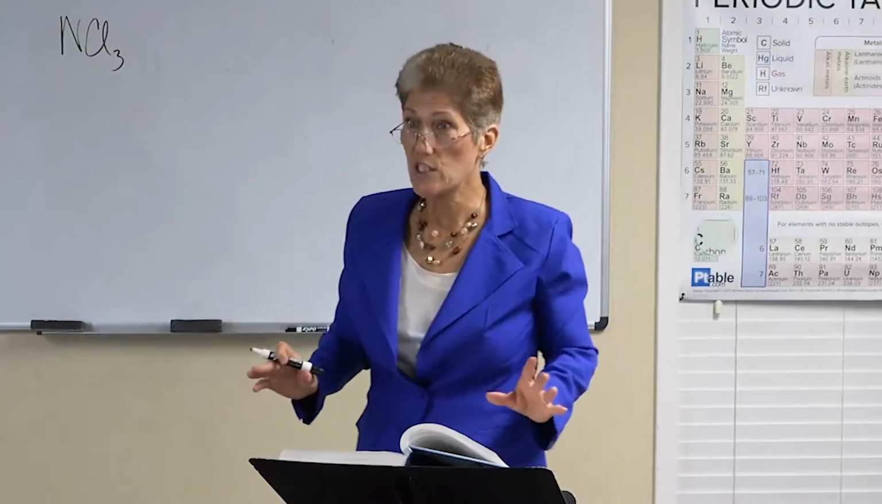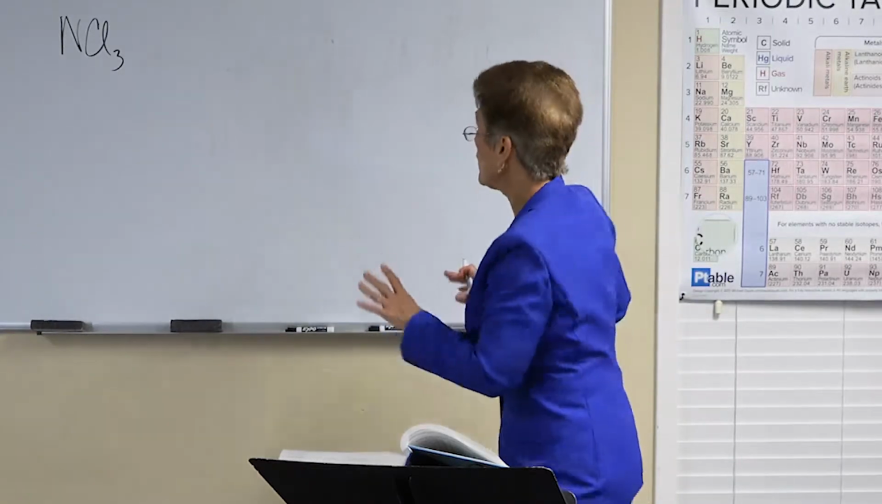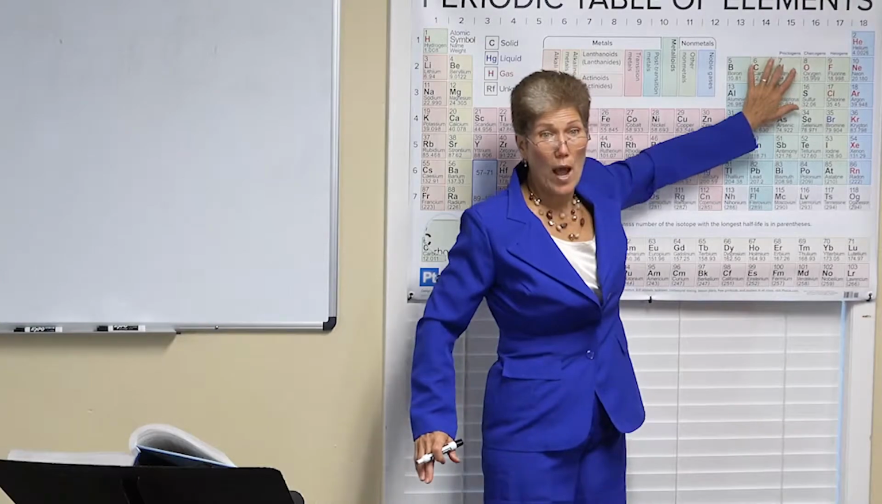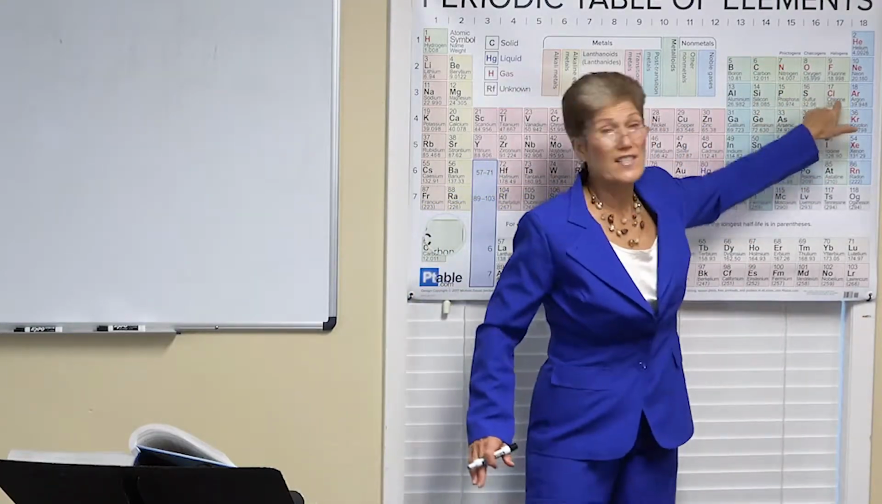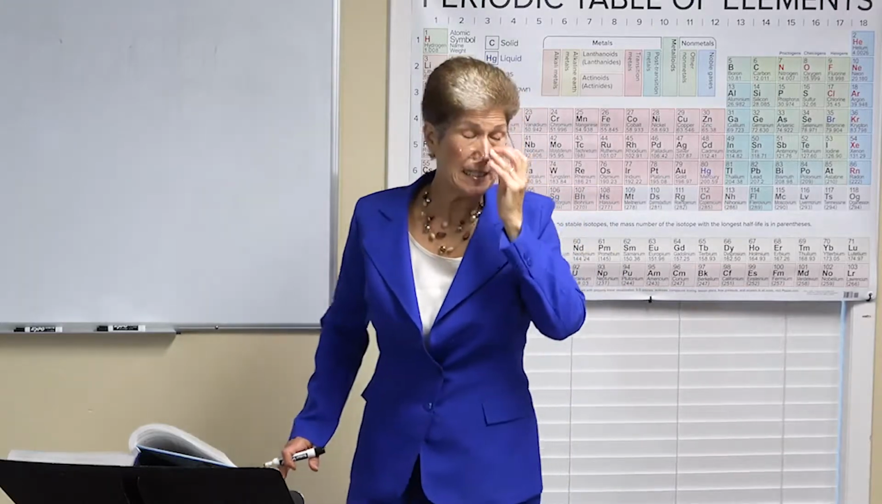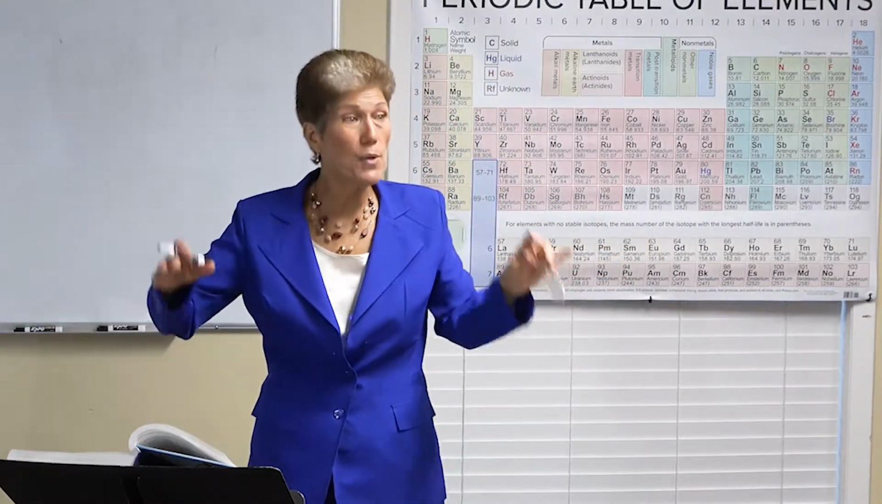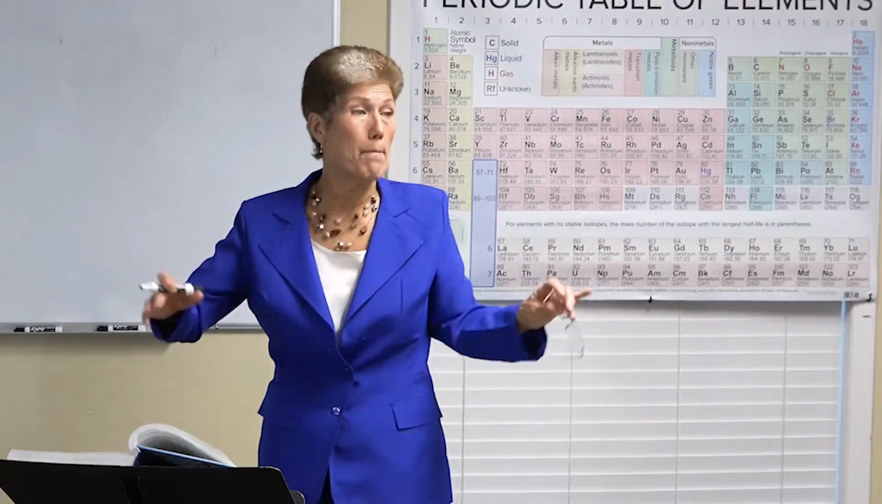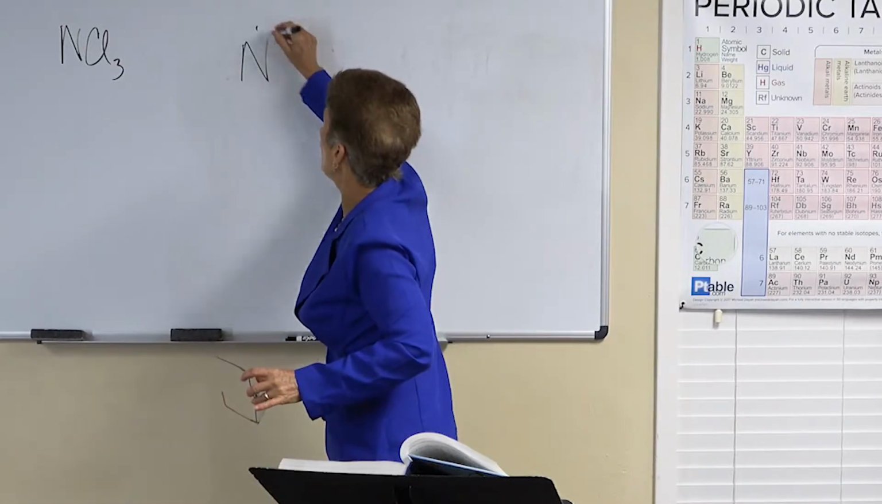So let's use those steps. Let's go back to page 130 and look at this. We have nitrogen, which is group 5, so how many valence electrons is it going to have? 5. Chlorine is in group 7. How many valence electrons is it going to have? 7. So who are we going to put in the middle? Nitrogen, because nitrogen has the most unpaired electrons. So we're going to put it in the middle, and we're going to go 1, 2,